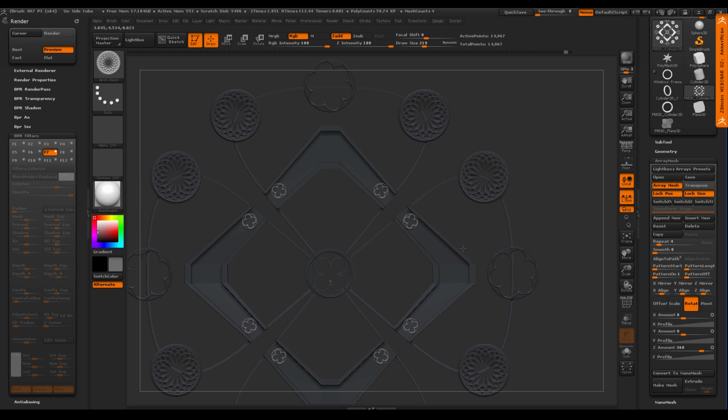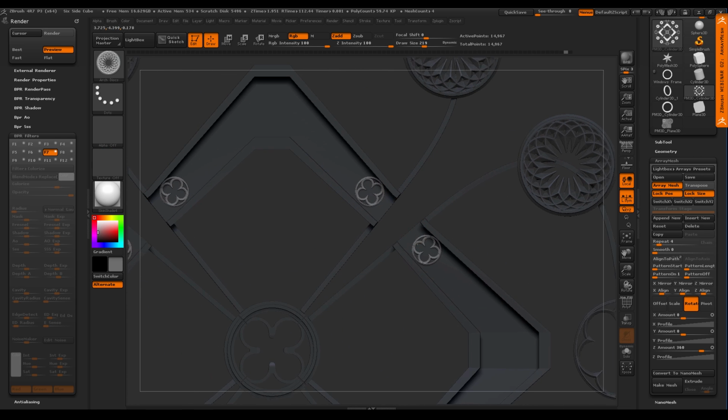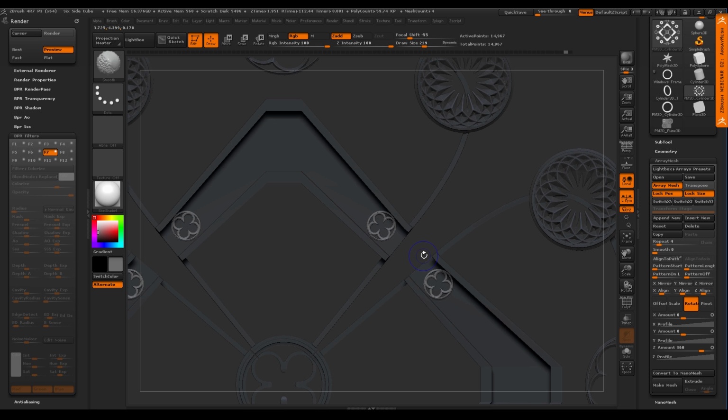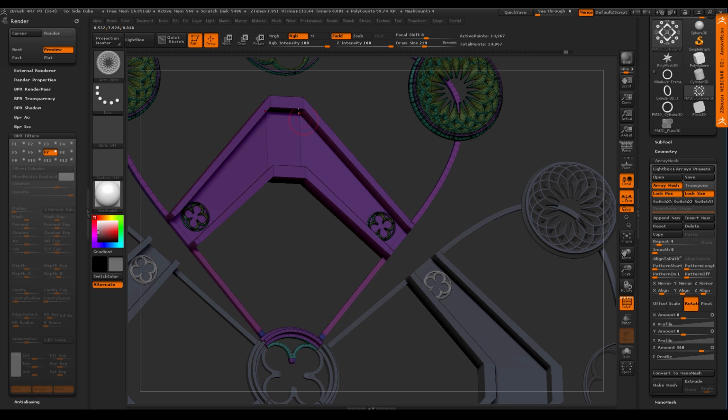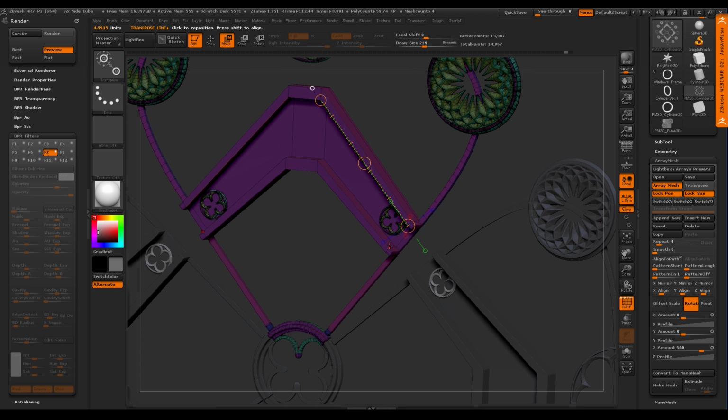If I did want it in the same location, here's the advantage of the transpose line again for you guys. When you insert something, everything gets masked but the mesh that you've inserted, right? And so again, this is the beauty of the array mesh. I get to design and see this on the fly. So what I often do is use the snapping of the transpose line. I'll click on this point, click on that point. And you see what it's doing? It's snapping perfectly along that edge, right? So it's the same thing. If I went to this, boom, it snaps.